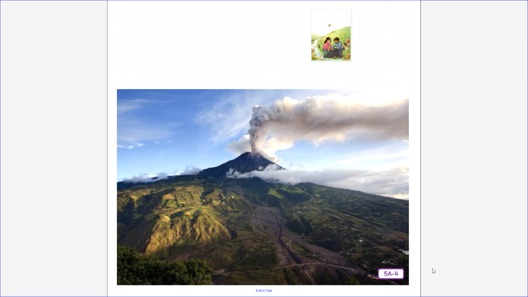Volcanoes are mountains formed by the ejection of lava, gases, and ash from an opening in the Earth's crust. You could say that volcanoes are like hills of fire. When heat and pressure build up within Earth, these hills erupt, and hot gases and magma, or hot molten rock, rise up from deep inside Earth's crust, mantle, and core, and come out of the volcano's opening.